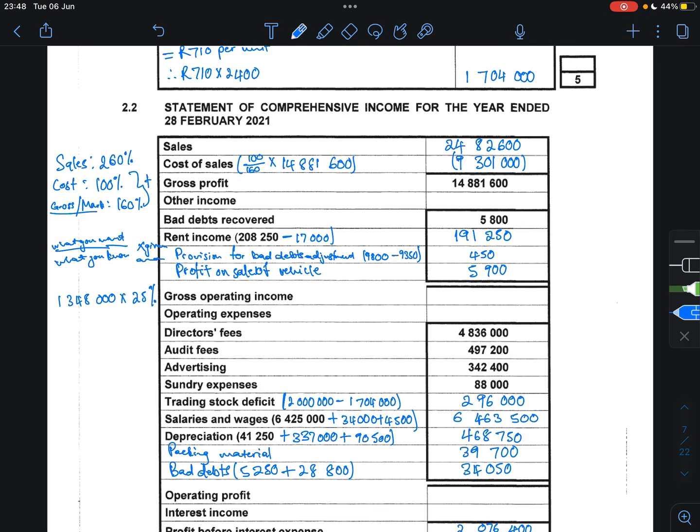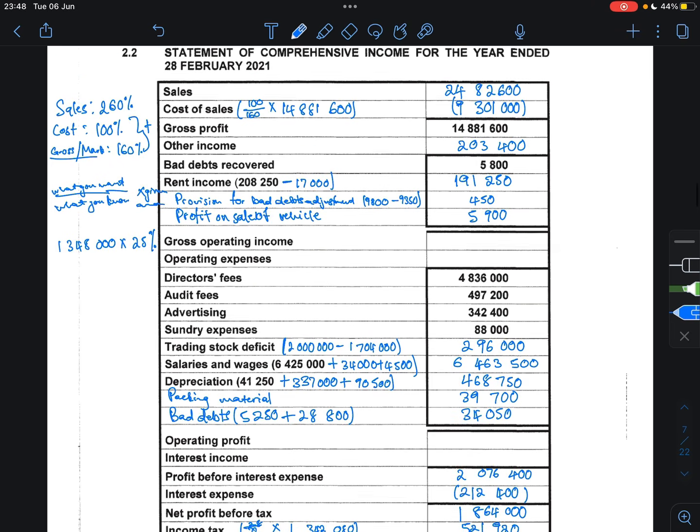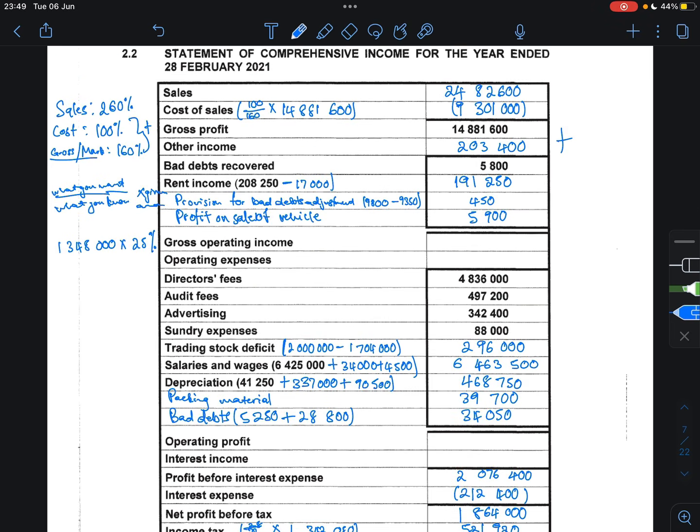So it's 5,800 plus 191,250 plus 450 plus 5,900, and I'm getting 203,400. Okay, let's recalculate that just to make sure. Okay, yes, that's the correct amount. Then your gross operating income, you add these two amounts. I'm getting 15,085,000. Alright, and then now we are going to calculate our